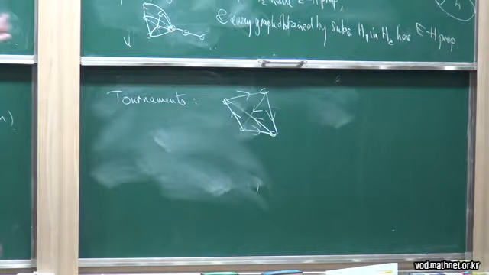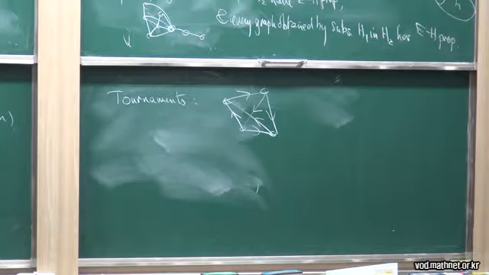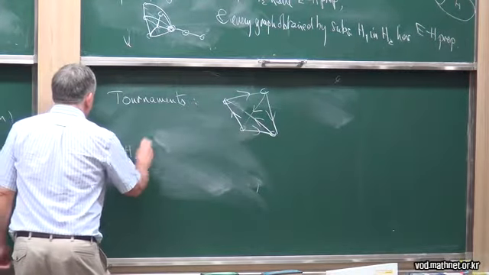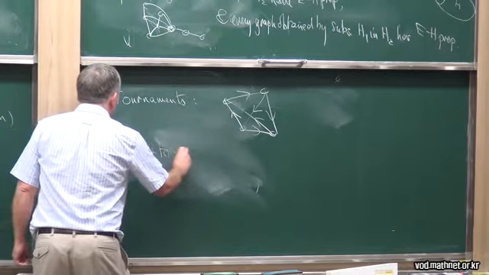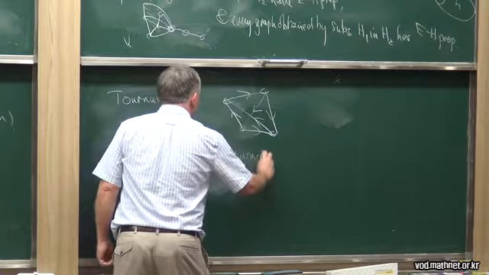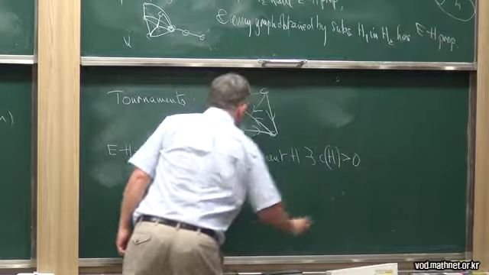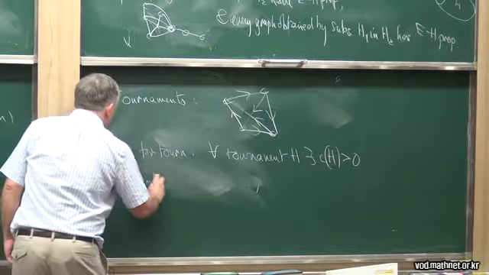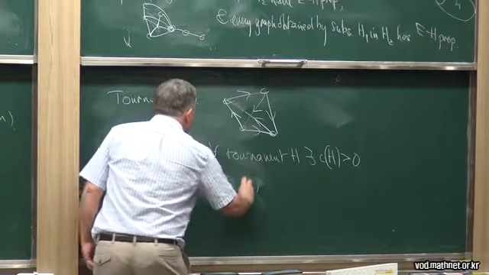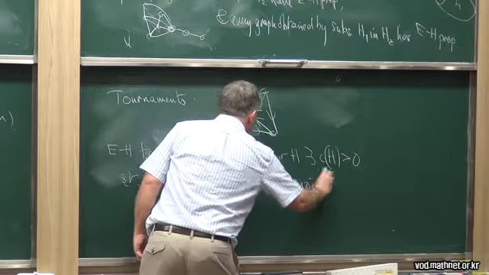In particular, there's a version of the Erdős-Hajnal conjecture for tournaments, and it's equivalent to the Erdős-Hajnal conjecture for graphs. The Erdős-Hajnal conjecture for tournaments says: for every tournament H, there exists a constant c(H), strictly positive, such that in every tournament G not containing H, so every H-free tournament G,